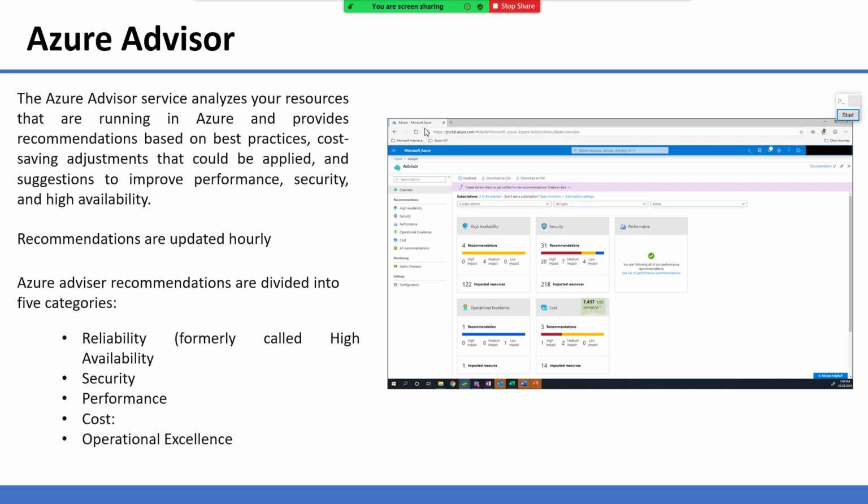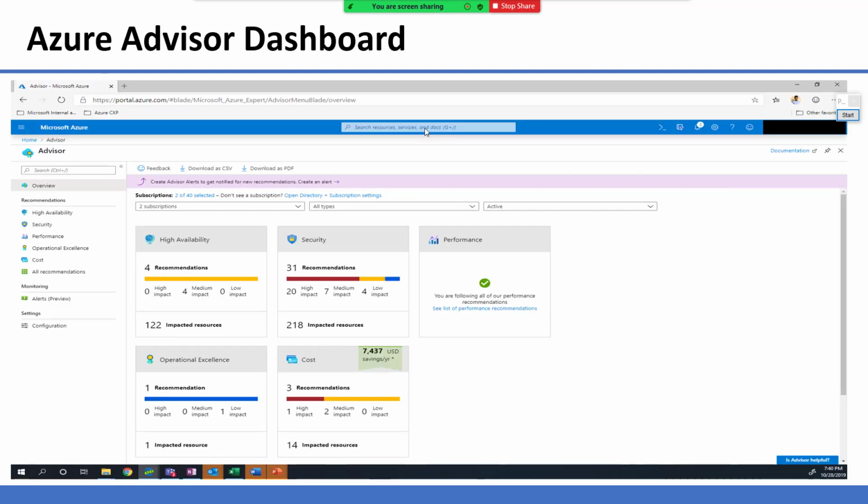Another thing which comes up for monitoring, sometimes we use it for monitoring also, is Azure Advisor. It means someone else is monitoring behind the scenes. So Azure Advisor is another service that monitors your resources and gives you notifications. It monitors reliability, security, performance, cost, and operational excellence. Ideally you do not need to configure it.